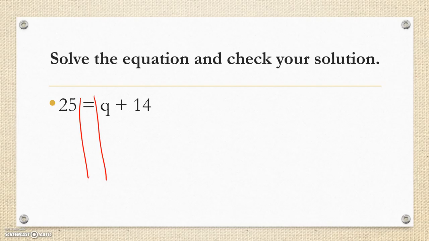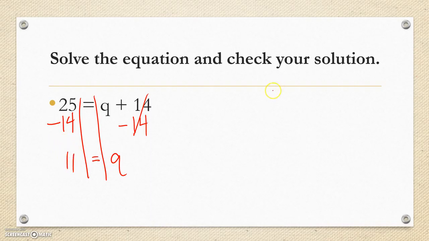So I've already added my railroad tracks, and I want to get q by itself. Even though this problem's written a little bit different, the answer, or the sum, is actually on the left side instead of the right side of the equation, we still do the same process. So I want q alone, and this is an addition problem, so I'm going to use subtraction, and I'm going to subtract 14 from both sides. Those 14's on the right side here cancel out. I'm left with q. Drop down my equal sign, and I'm going to do 25 minus 14, which gives me